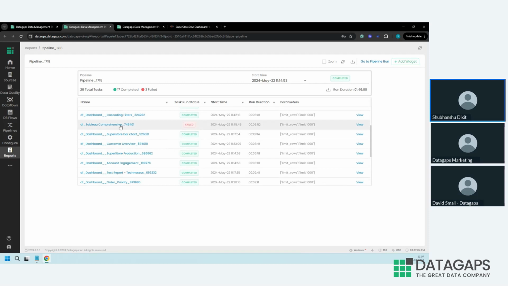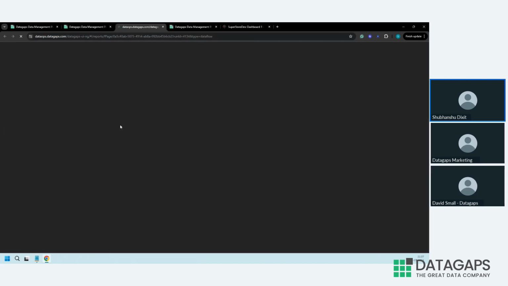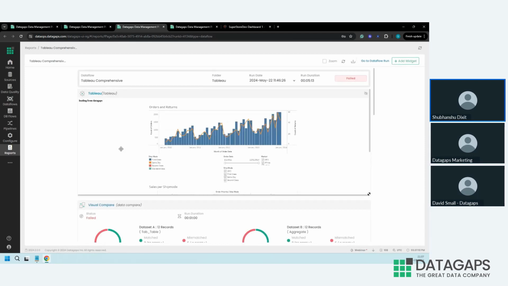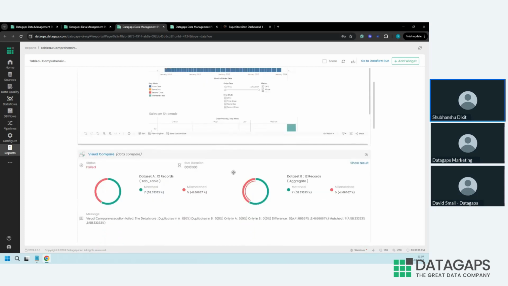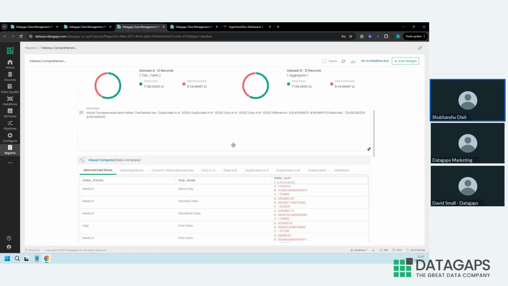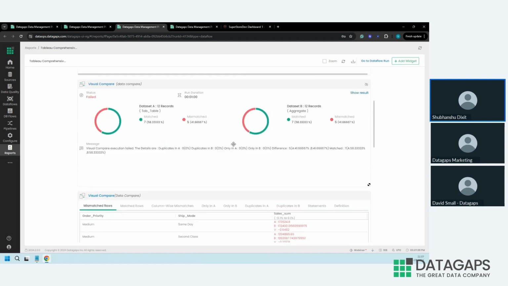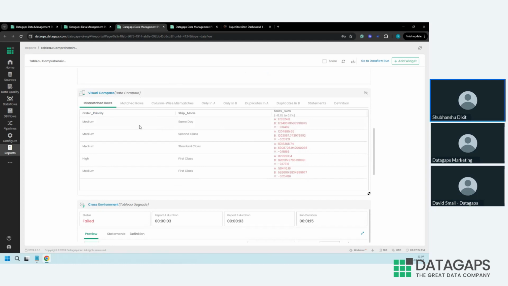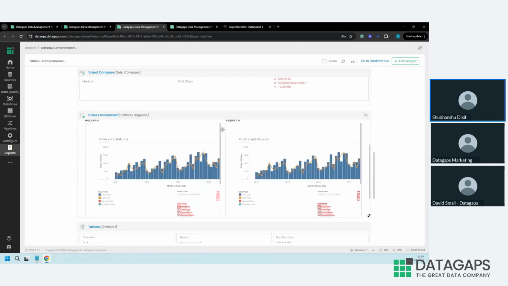And here in this case, I see, okay, Tableau comprehensive has failed. So if I get into this, let's see what exactly has failed. It's going to give me every sort of detail I might need as an end user. This is the exact report that I'm working with. This is the exact report page. We see that in the visual comparison, when compared against the data set, this particular report has failed. We have a good amount of mismatches within our application, and the application is kind enough to tell us exactly what is incorrect. Along with that, in this particular test case, we were also running a cross-environment validation test case,